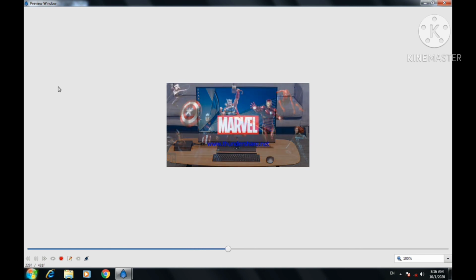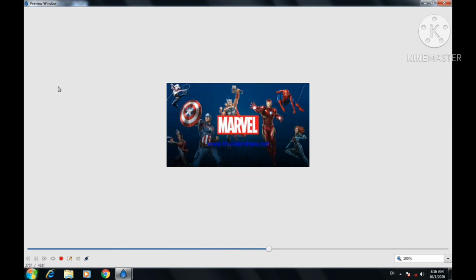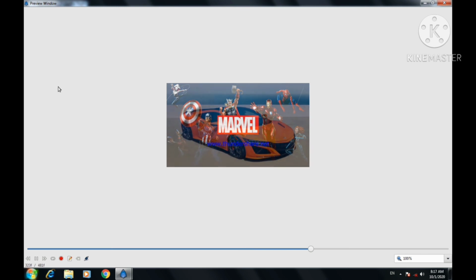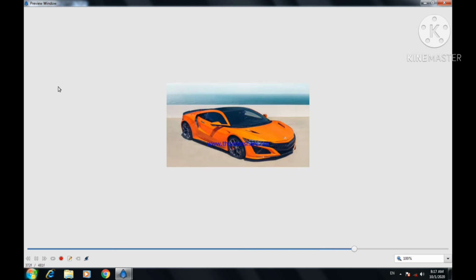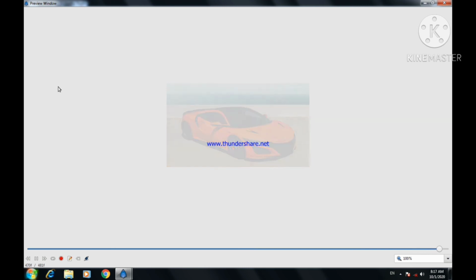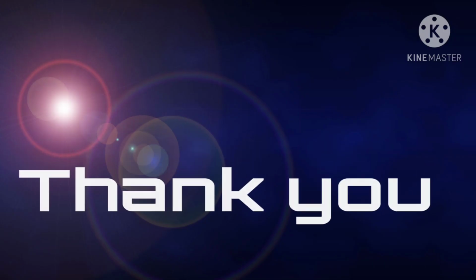Here you can see the transition of image is taking 2 seconds, and each image is displayed over the screen for actually 3 seconds. So total time will be 5 seconds for each image. So this is a simple picture slideshow.